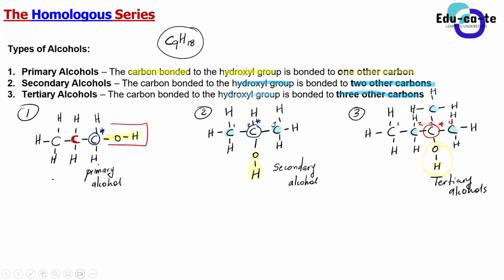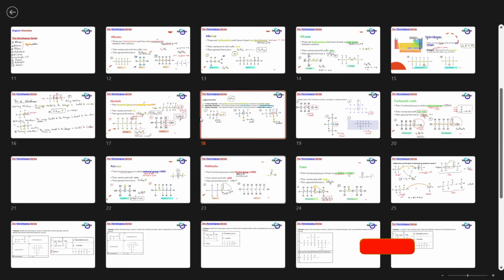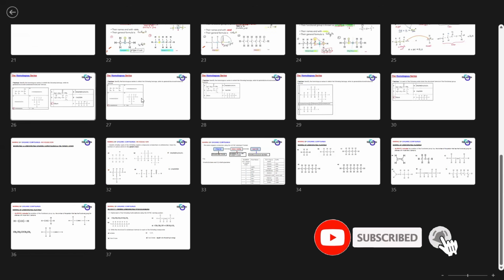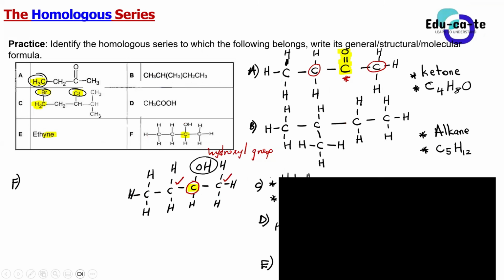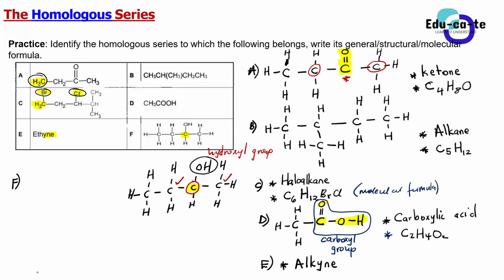Yes, guys, please don't make such silly mistakes. You need to build so much on this basic, because if you don't understand it, naming is going to be very difficult. So this is a secondary alcohol. I'm writing it with its type because I've asked the type as well. If they say give a reason for your answer, that's when you say that the carbon bonded to the hydroxyl group is bonded to two other carbons. Are we together, ladies and gentlemen?